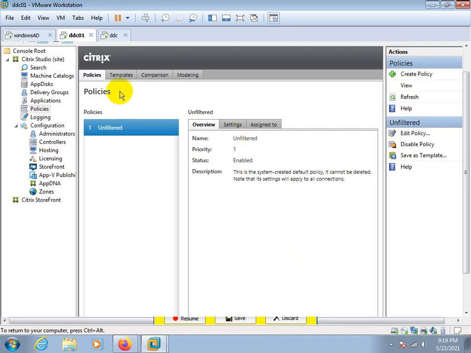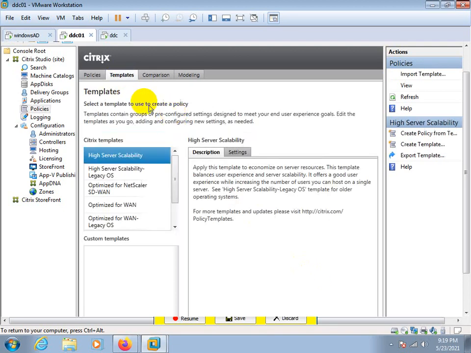So I'm going to the template. In template, you can see there is an import template. If you have any template you have exported from 6.5, you can import it here. Create policies from template, create template, export template.